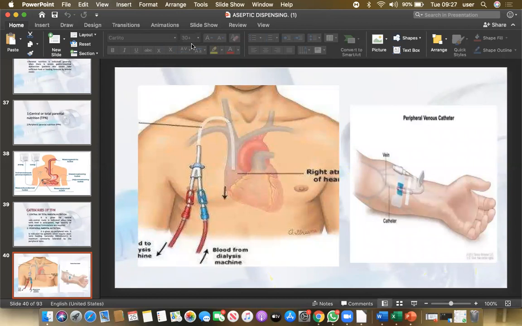Now, these are the ways. Mostly it has to be applied through a catheter. One side is a peripheral venous catheter; the other is mostly a big vein of the body, the jugular vein. In the case of cancer patients, the veins become so difficult due to the ailment that you can't give the drug through those veins, so mostly it can be given through the jugular vein. You can see in various systems how the drug is approached.